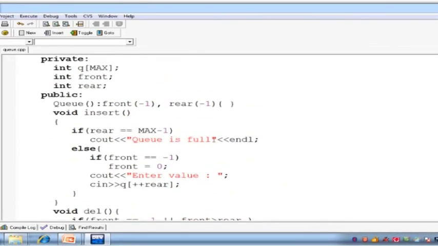Queue is full, can not insert. कौन सी वैल्यू को इंसर्ट नहीं कर सकते. ओके, वो यूजर से इनपुट ली नहीं हमने. ठीक है,